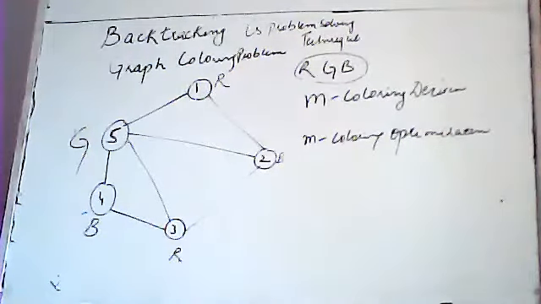Will we be able to paint the graph with the same? No? You're wrong. We will be able to paint this graph with 4 colors. See, there are 5 vertices, fine, and we are given 4 colors. Then we can form the solution set where those two vertices which are joined directly could not have the same color.